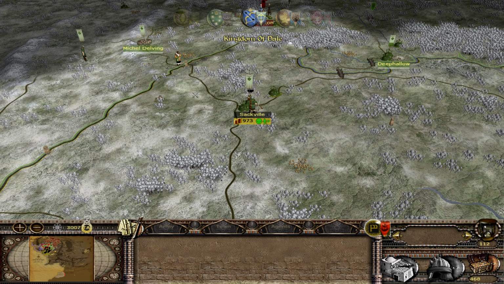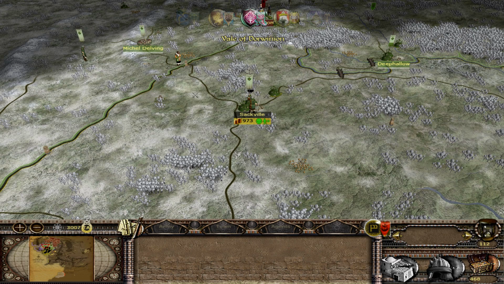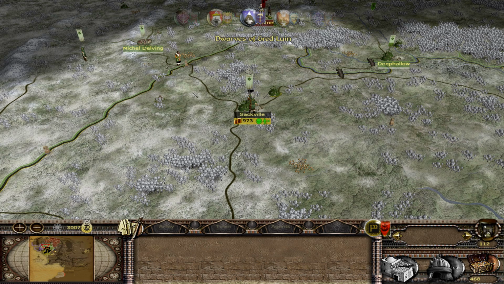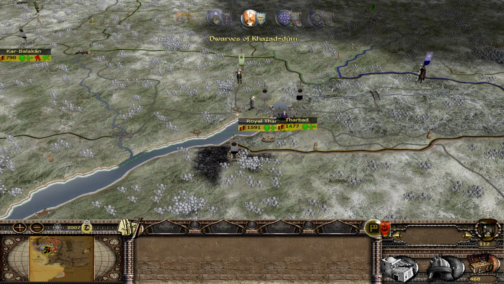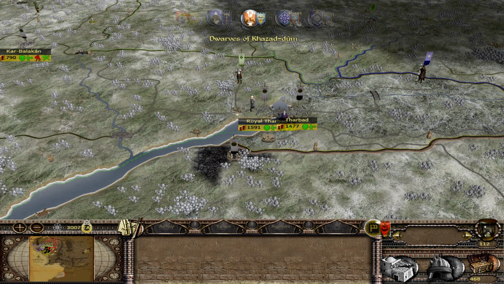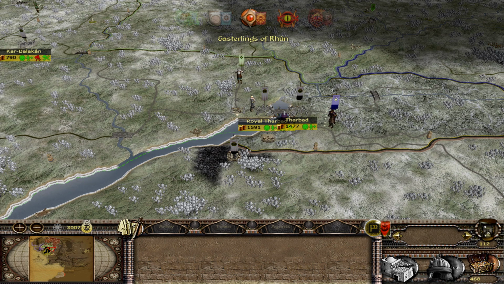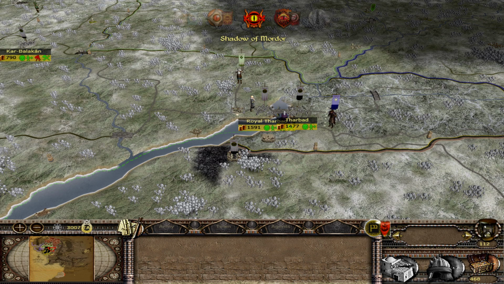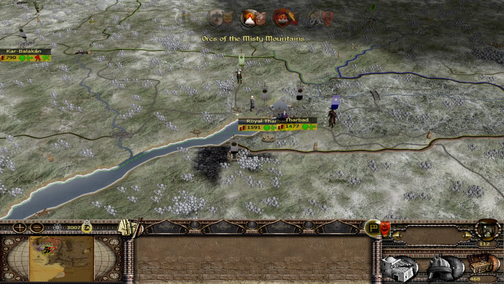Victory! The enemy are crushed. Sackville is ours. These lands are now yours. Our army stands supreme. Now what we need to do is try and... Oh, bugger off, Bree. We need to try and hold Sackville, because it's a real moneymaker. And we are in a position now where we could do with actually having a bit more money. Oh, Imladris didn't attack. Where are you off to, Imladris? We'll find out soon enough.